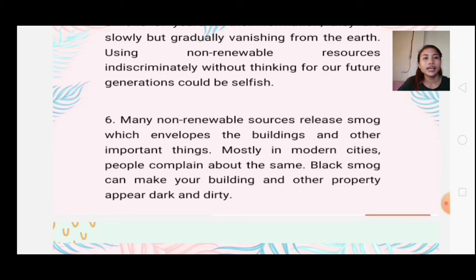Many non-renewable sources release smog which envelops the buildings and other important things. Mostly in modern cities, people complain about the same. Black smog can make your building and other property dark and dirty. So, ang mga smog is makakos og dirty sa ato nga buildings, and then the people will complain that